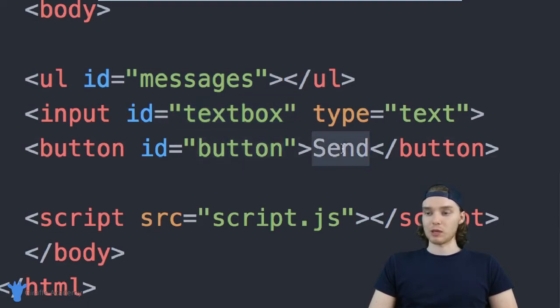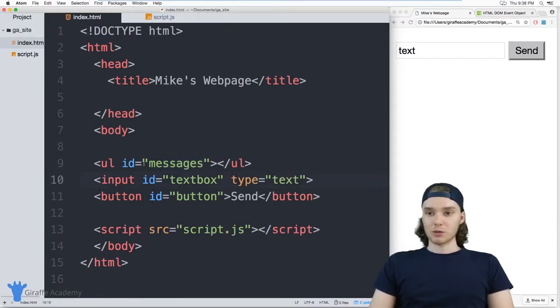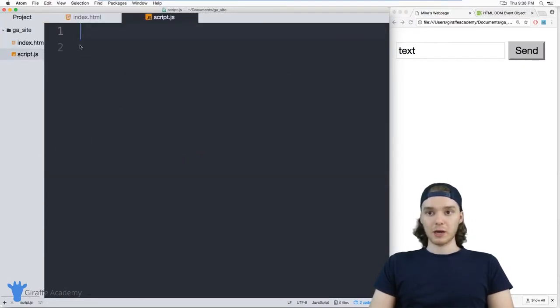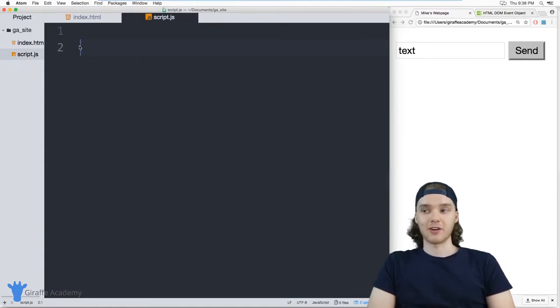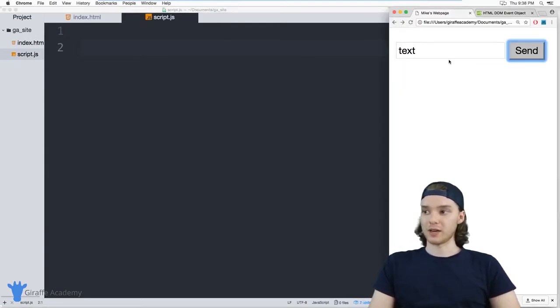So like I said, when we click this send button, generally what's going to happen is a new message will show up inside of this unordered list. So let's head over to our JavaScript and we can start programming this. The first thing I want to do is create variables for each one of these items. So I want to create a variable for this text box, one for this button, and then one for that